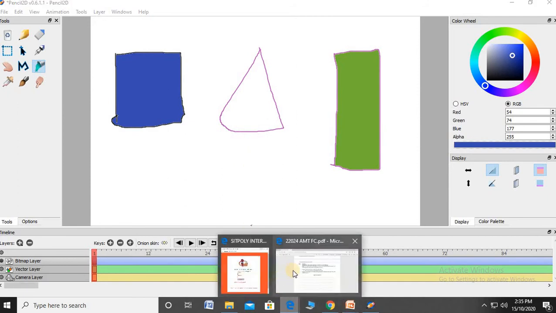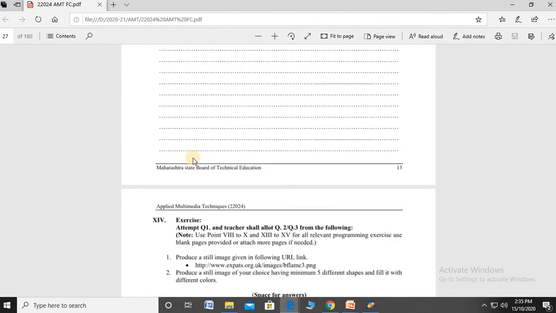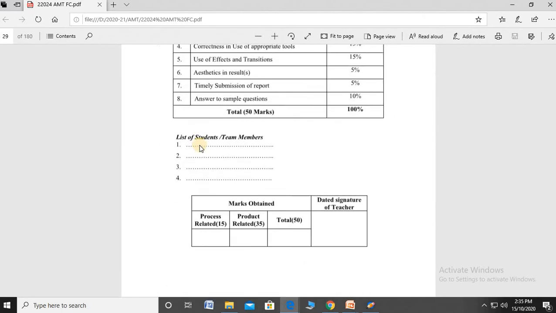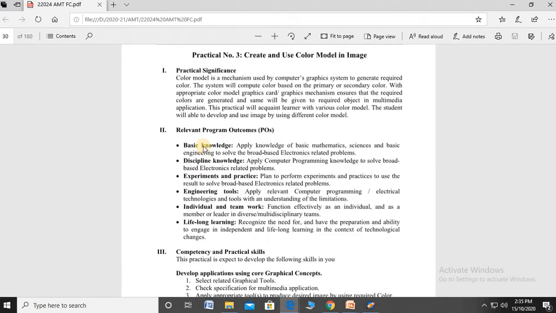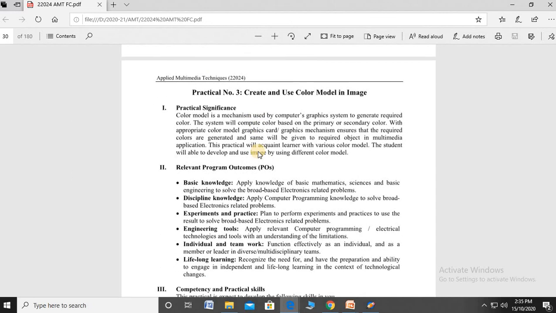This is your second question. Clear? That is practical number 2. After that, practical number 3. In practical number 3, what is said?